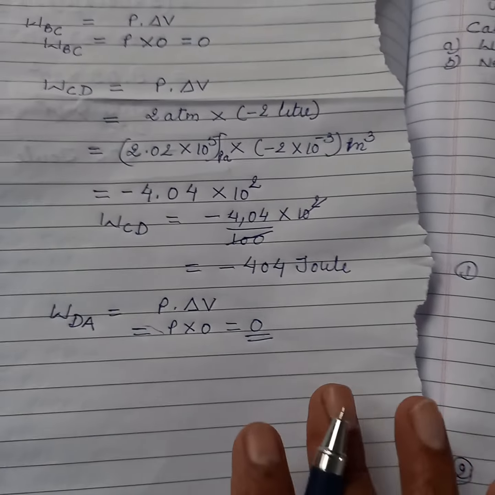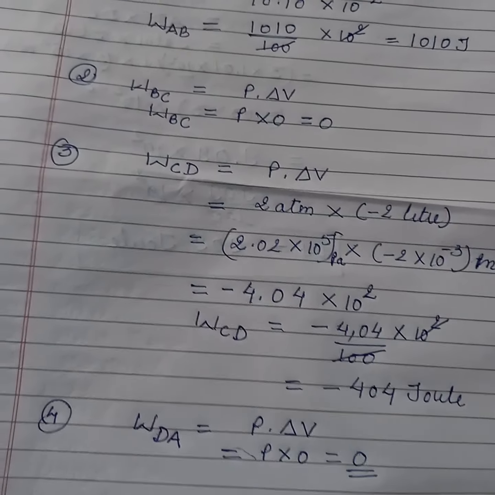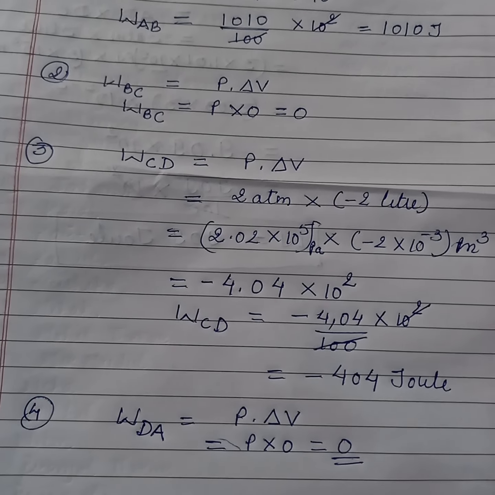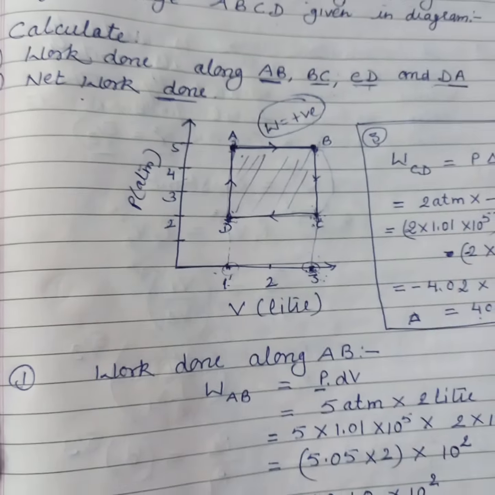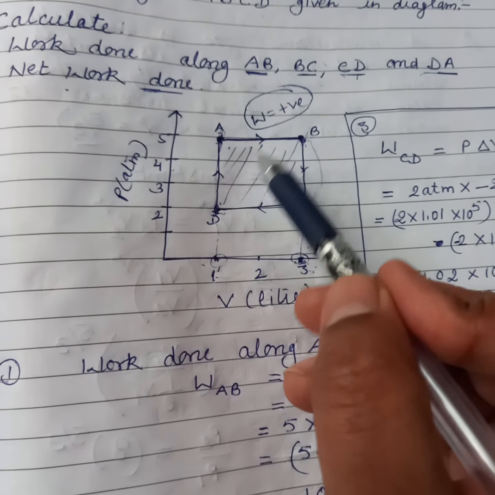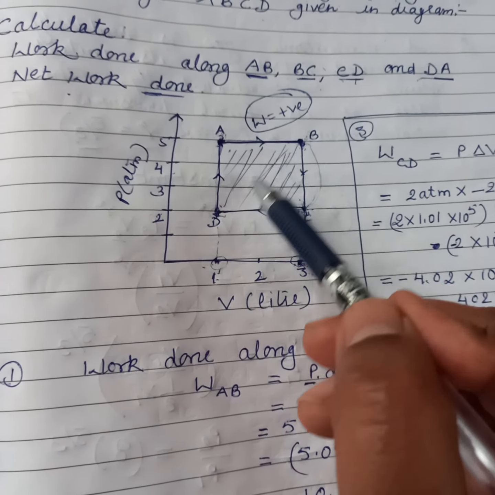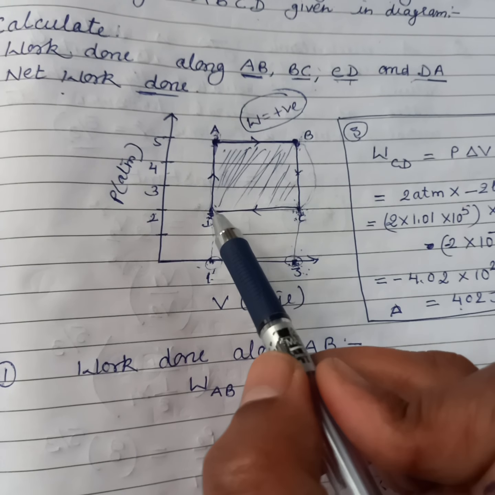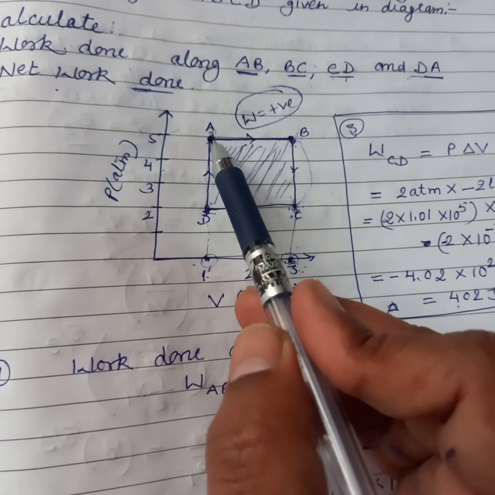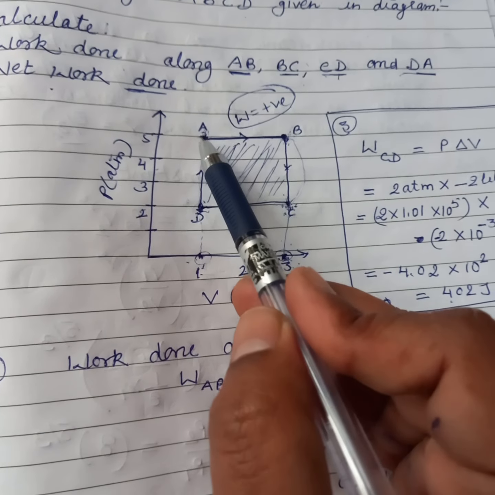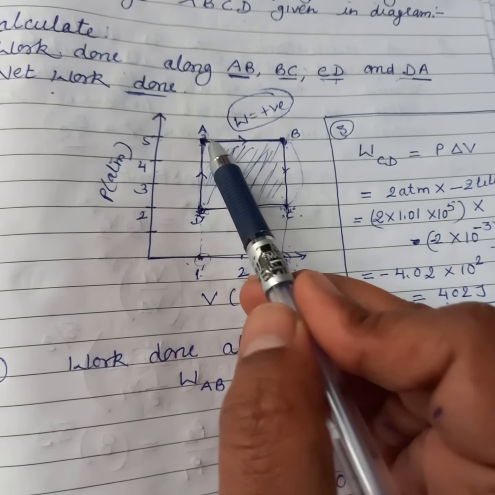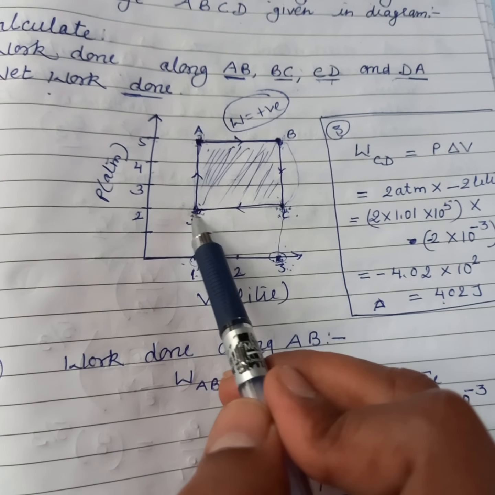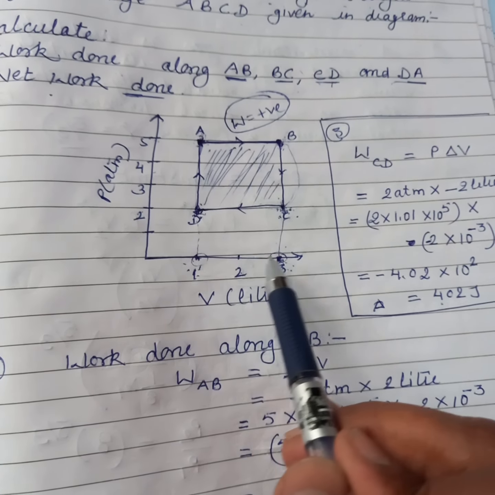Okay, my point? Understood this? So this is the answer of this first part of the question. Next part, we require net work done. So it's your work. Net work done. What is net work done? Area under this cyclic process. So what is the pressure value of this? Because area means length into breadth. So length here is AD multiplied by DC. AD value how much here? 5 minus 2, 3 atmosphere. And volume value how much here? 3 minus 1, 2 liter. So you need to do the work.